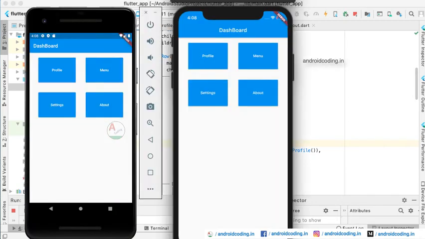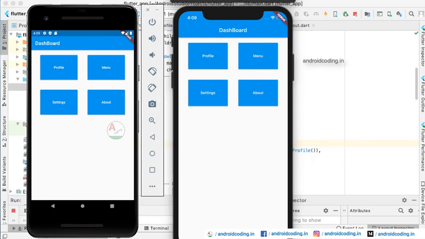Here I am showing you the two variants. This one is Android and here it's iOS. As we discussed earlier, with Flutter we can make code easily for both Android and iOS at a single time. Here we have given a single code base, out of which we have got two versions of the app.